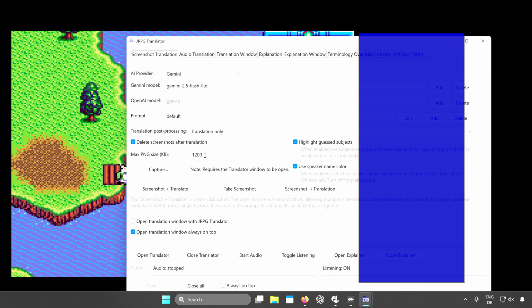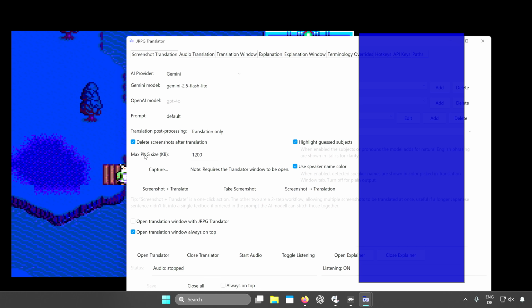Here you can, if you want, change the size of the screenshots. They have to be in PNG. I did experiment with JPEG, but no good. The models really like PNGs. Of course, these can get quite huge if you take a screenshot of a whole screen and maybe a game